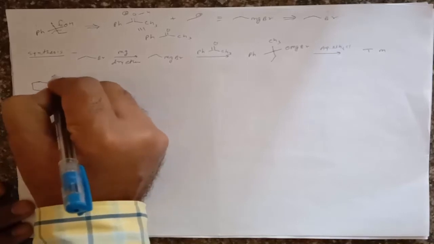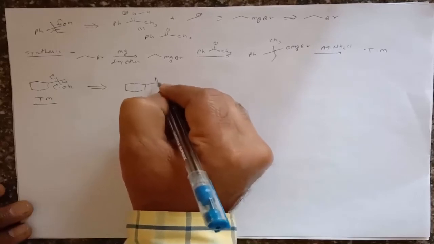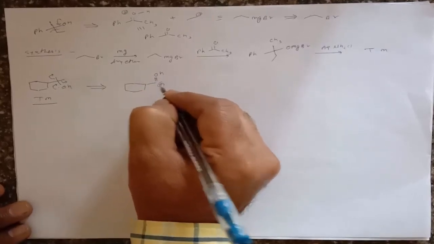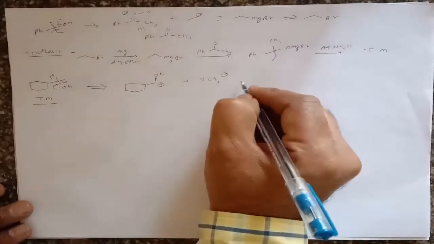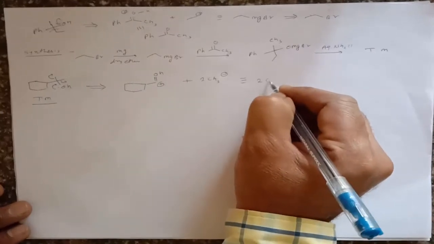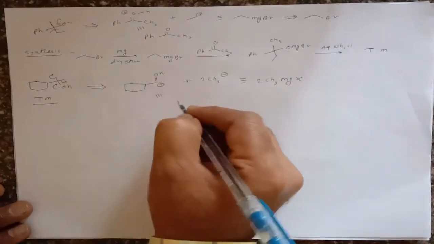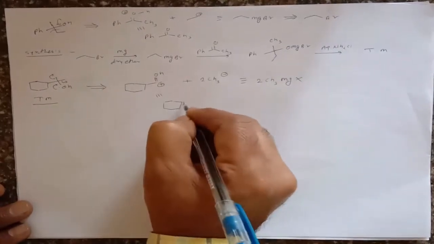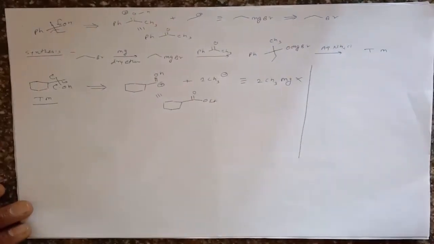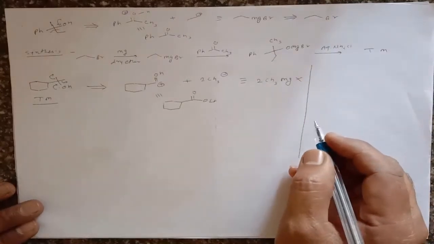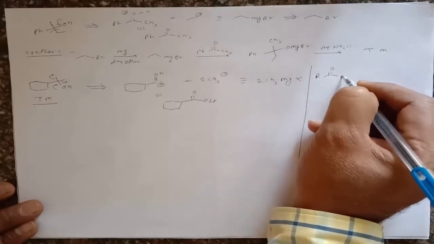So if we break the molecule at this position, it gives formation of cyclohexyl C=O OH, and here is a positive functional group, and along with it gives 2 CH3 minus, right? And the synthetic equivalent for this is 2 CH3MgX, X or Br, and the synthetic equivalent for this molecule is CH3 C=O OEt, right? Suppose we want to synthesize such a symmetrical alcohol, then we can take esters, right? RCOOR dash.